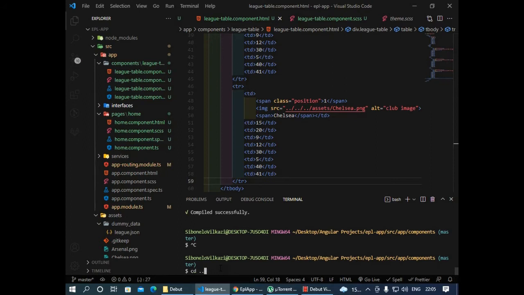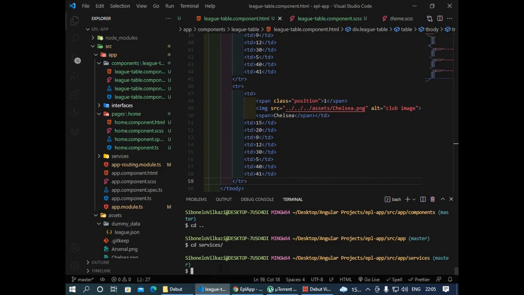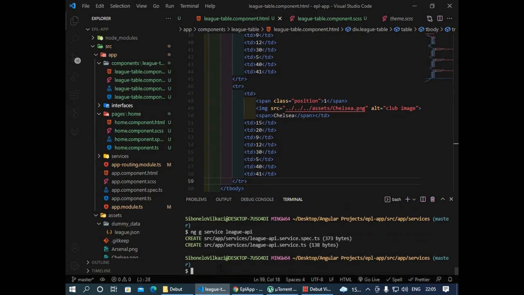So we're gonna go out of this, cd that, and then cd into our services folder, right? Then we'd want to ng generate this service. This will be our league API. League table. What do you want to call it? League API, I think that's not bad. Okay, let's just call it Leagues API. All right, so since we've got now our Leagues API,